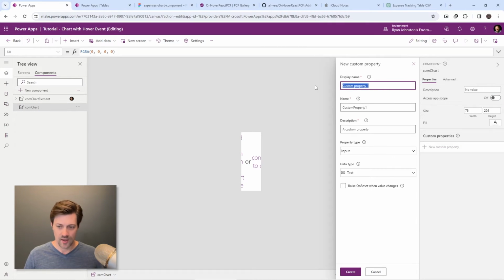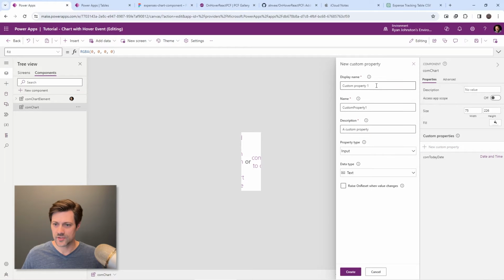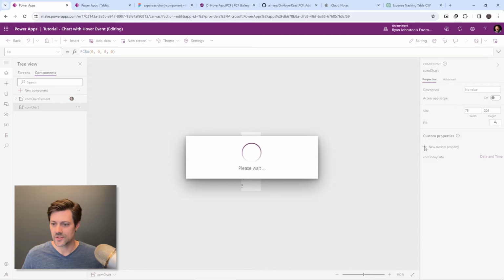And so we're going to say component today date, and I'm going to use singular because in my main demo I use plural on everything. And we're going to say today's date, and it is going to be a date time property. And then we are going to create component today spend, which will be the amount spent today, and that is going to be currency. And then we are going to create the